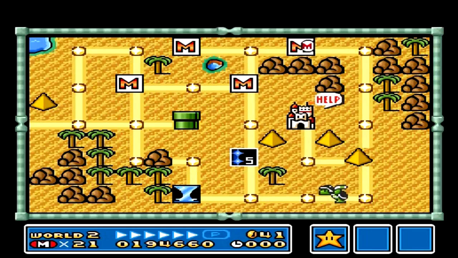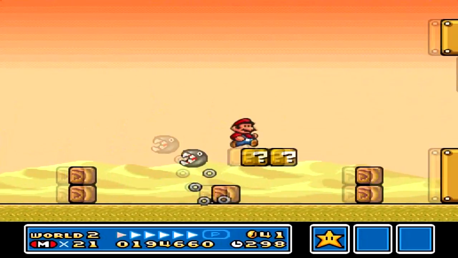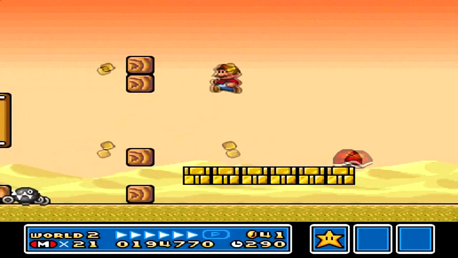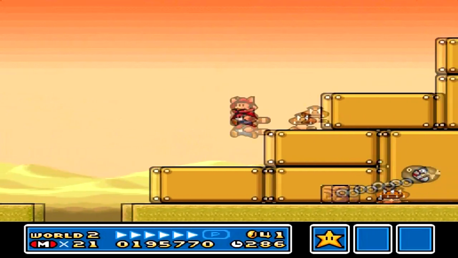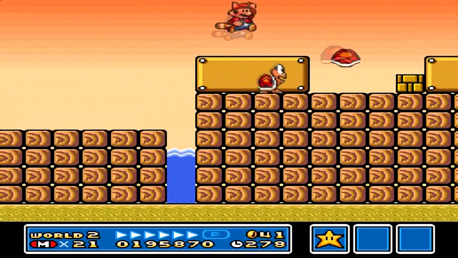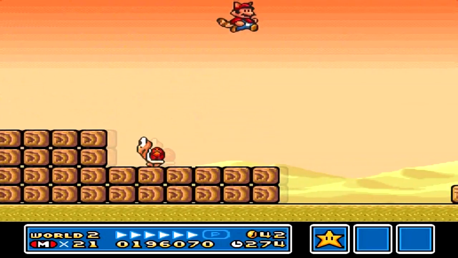Alright, so that was 2-4. There's a top path in that level that's so much easier to go through than the path that I just took. That was the normal path. I took this path because I already showed the top path during my original Let's Play of the game. I'm taking different paths throughout these levels because I didn't get to show some of these paths during the original Let's Play that I did